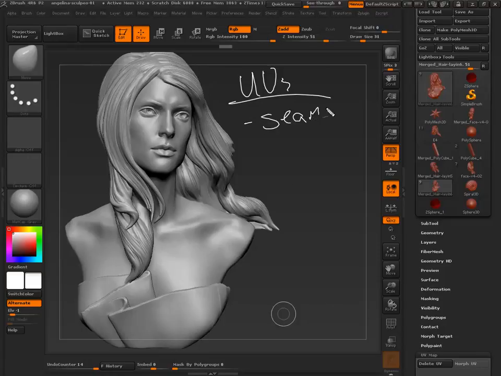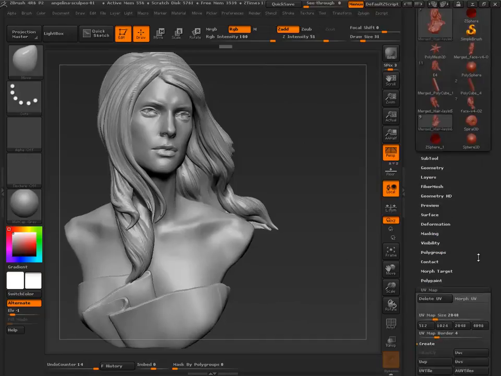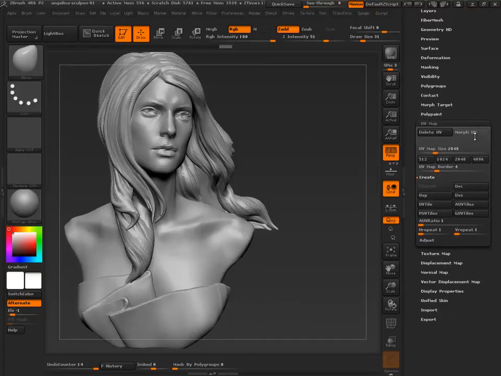Seams, overlap, and stretching. Right. So these are all the issues that we have to face, and we need tools to make sure we understand how we can work with it. For example, I think I laid out this model as UVs. Yeah, I did. So let's just morph the UVs for this one.